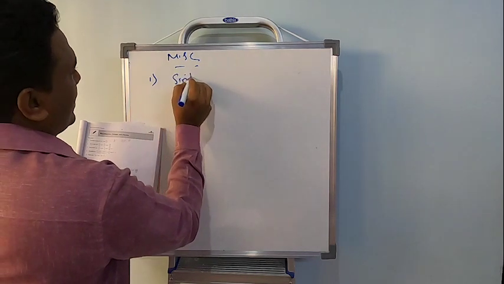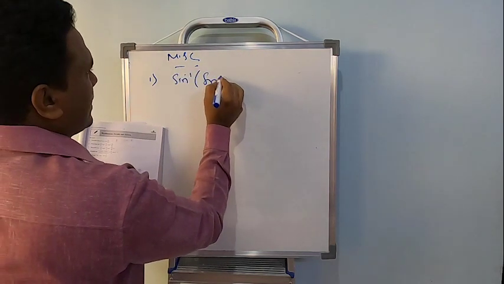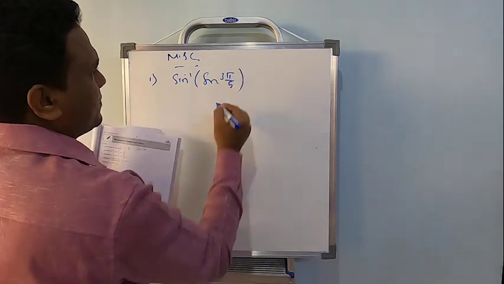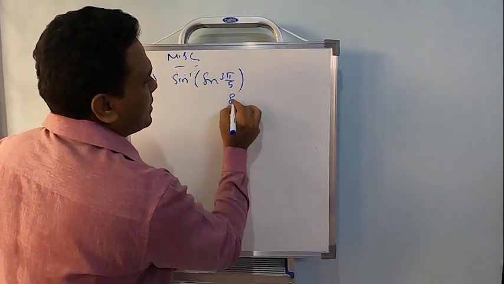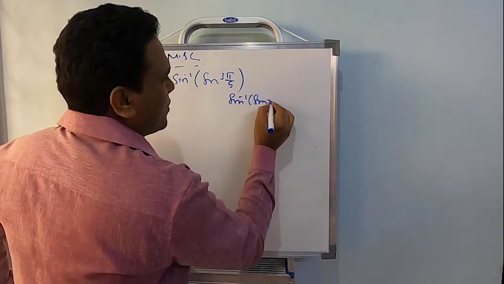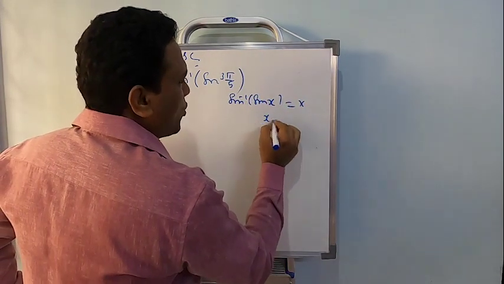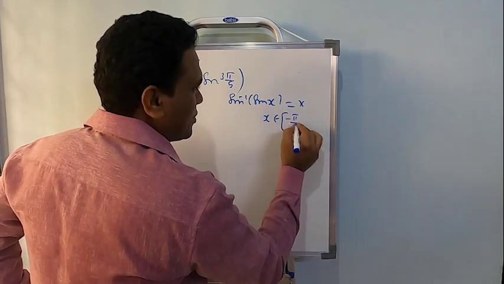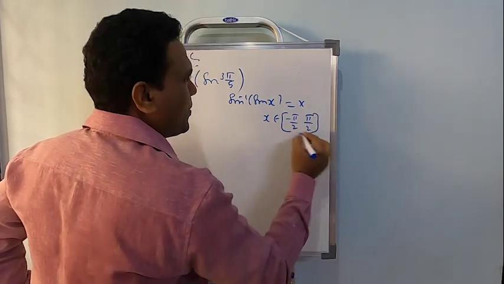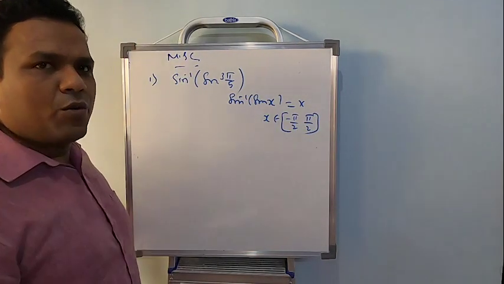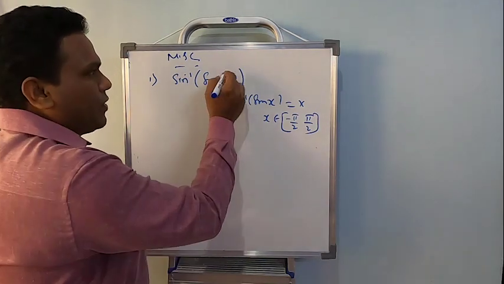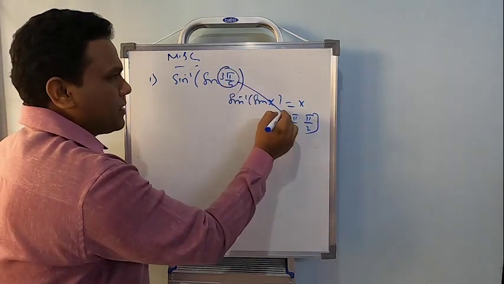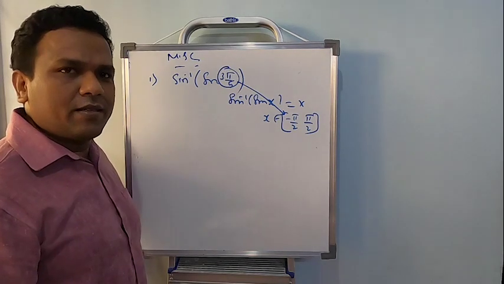They said find the value of sine inverse of sine 3 pi by 5. So it is based on a property actually. We know what the property is. We can cancel sine inverse of sine x and write it as x only if x lies in the closed interval minus pi by 2 to pi by 2. You can check, minus pi by 2 to pi by 2. Okay, the value 3 pi by 5 is not present in this interval.